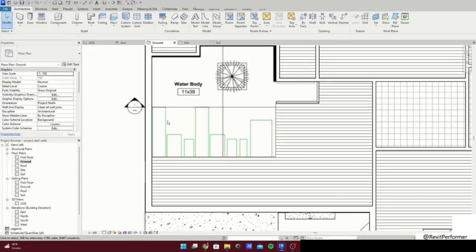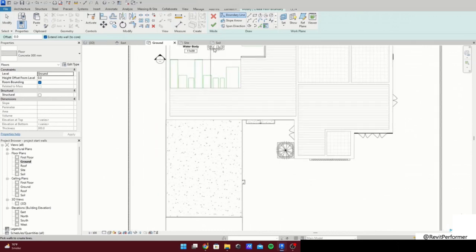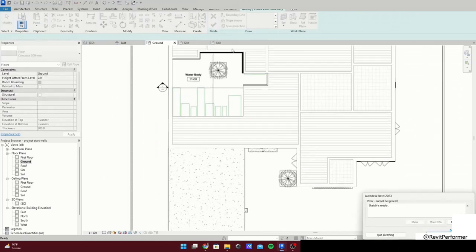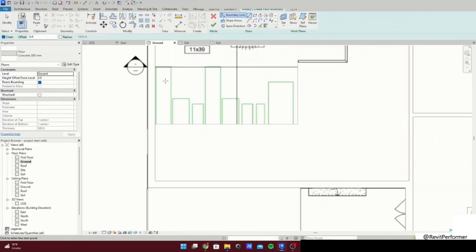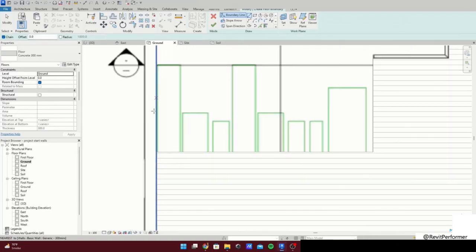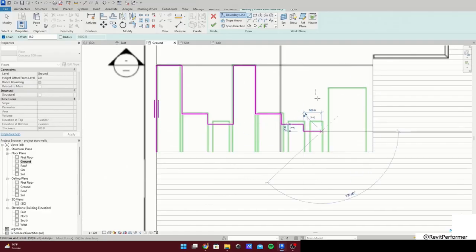So we need to add the tiles into our kitchen too. Just select the floor again from the bathrooms. Double click on it so we can edit it. Now I'll add these as well. I'll just do this. Click OK. Now we have the tile. Now we have some blocks here that we need to add. I'll just go into floor again. You can either add a new floor or you can edit that one as well. I'll just select my line and go for this. Just keep going to draw these and save the project if you want.